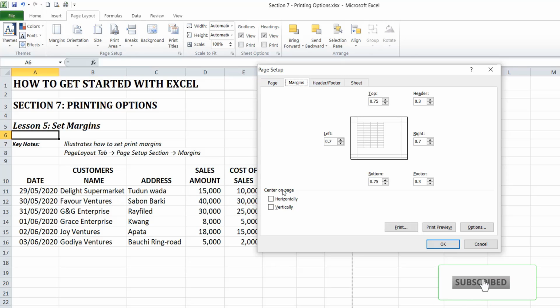You also have the center on page option. You can check this horizontally and vertically. By default, the margin is at the top end, left end of the worksheet. You can see it here. So when I check this, you see the position is now centered horizontally. If I check this, you see it's now centered vertically. This option is something you can also explore before printing out your